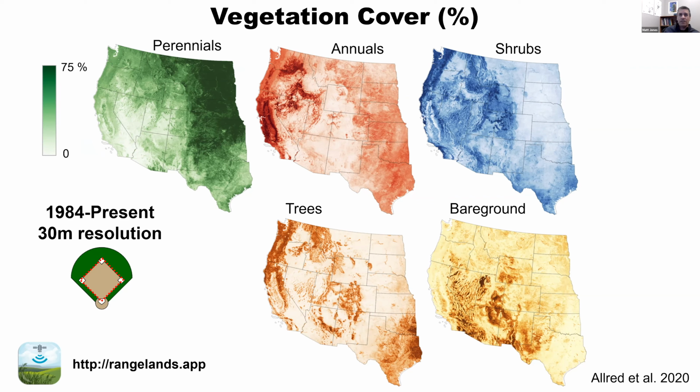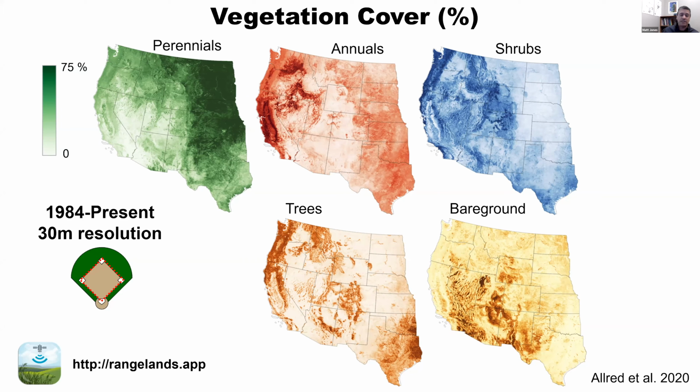And essentially what's on the RAP here is two major products, like Jeremy said. And the first is vegetation cover that's divided up into functional groups of perennials, grasses and forbs, annual grasses and forbs, shrubs, trees, and bare ground. And what we've done is we've combined all those plots that Jeremy was talking about, over 52,000 of them, with that Landsat imagery and some machine learning algorithms and the supercomputing power, and basically are able to now produce this